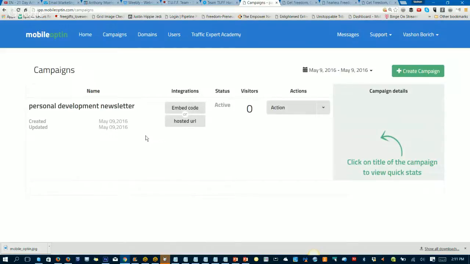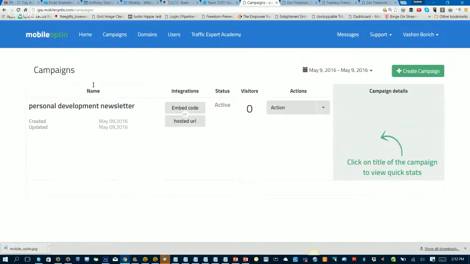I wish my other mobile opt-in or non-mobile opt-in pages, capture pages, would do that, because I have to go in and check them and see which one's performing better, and then turn off the one that's not. So if I've got one that's opening at a 50% opt-in rate and the other one's only opening at like a 10% opt-in rate, obviously in mobile opt-in's case, it'll turn off the one that's only performing at 10% and leave the one on that's at 60%. Make sense? So that's a really, really cool feature that they have, and it saved me a lot of time with my split testing.